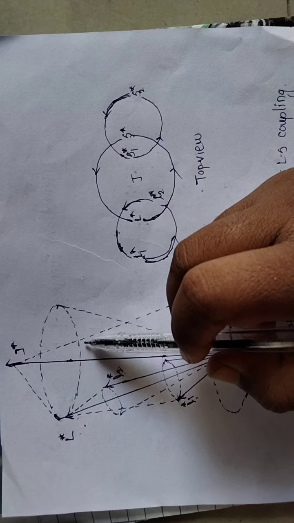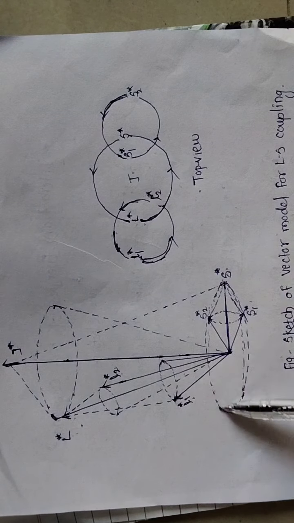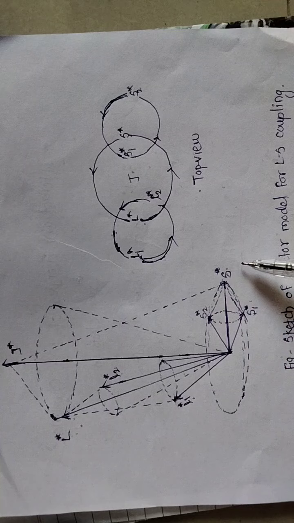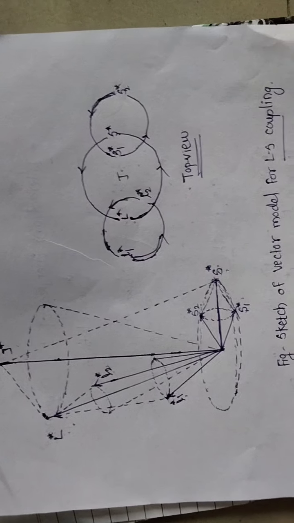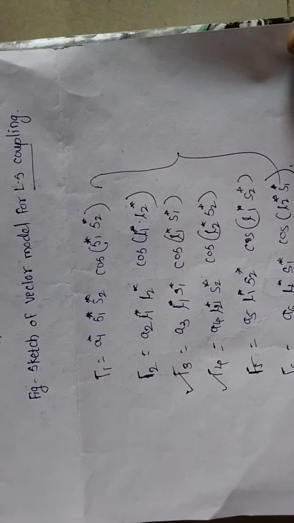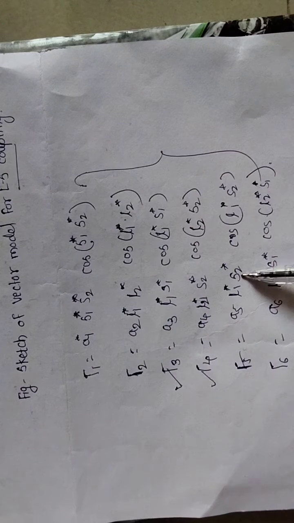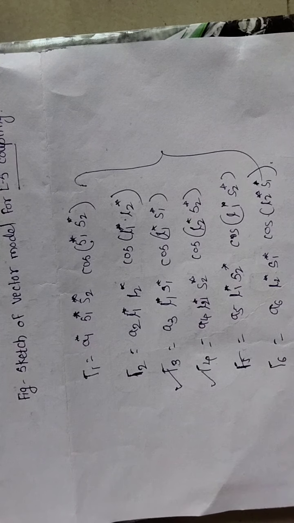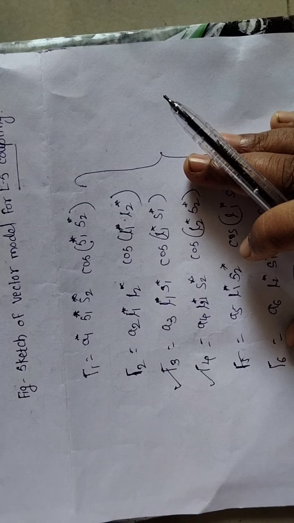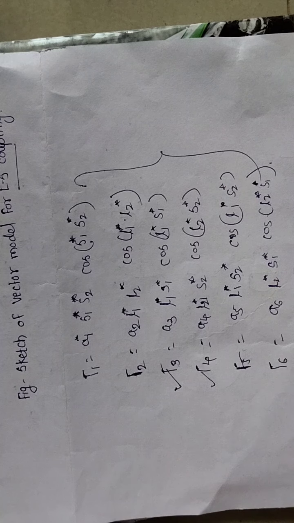We simply call this Larmor precession. The resultant S star also precesses along this J star. This is the top view of the LS coupling. Here are the interaction energies due to the six possible interactions. We call these lambda 1, lambda 2, lambda 3, lambda 4, lambda 5 and lambda 6. These are the six possible energy relations due to the spin orbit interactions.